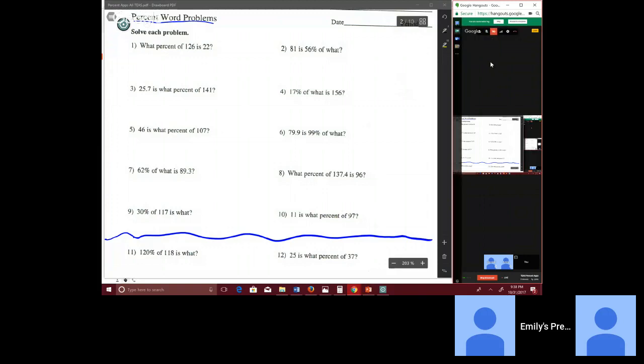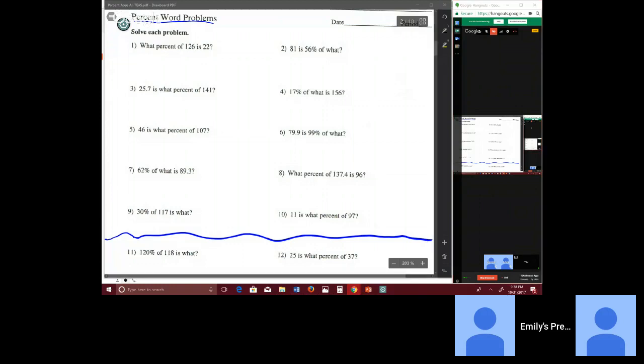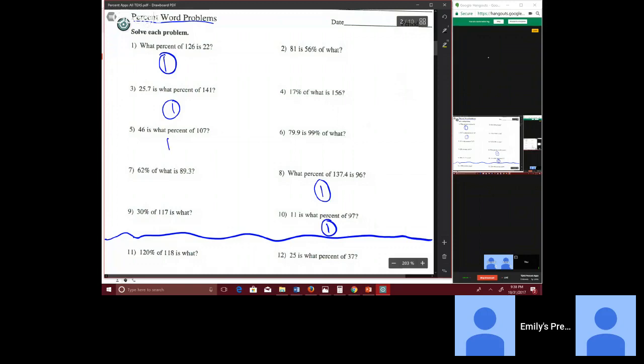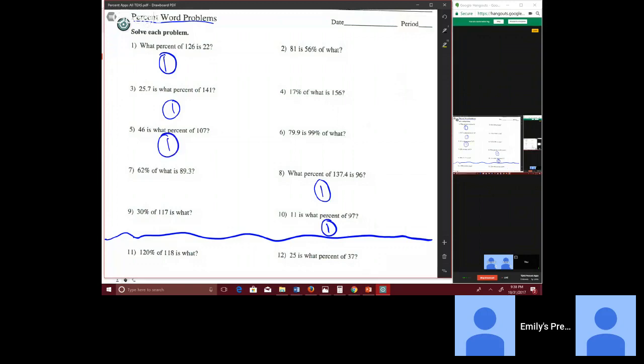Hopefully you had a chance to make it to all those. I'll keep us moving. So the first one is a scenario 1. You probably felt like the scenario 1s were fairly easy to identify for the most part. Here and there, you might have thought one was a little different because it had like a decimal in it and it made you think it was a percentage. But most likely you came to the conclusion that number 1, 3, 5, 8, and 10